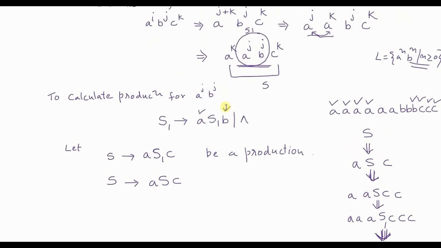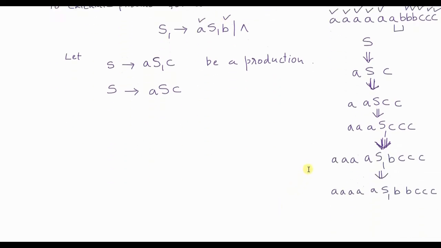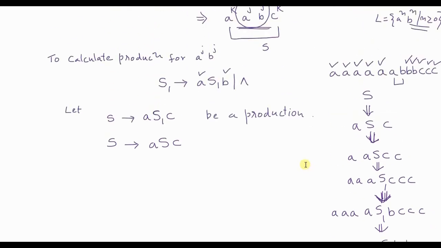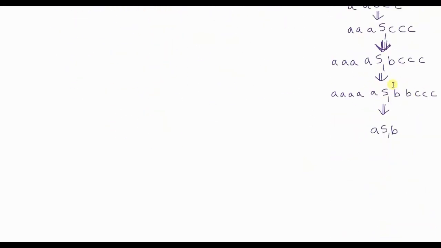So with this I have now matched this B with this A, and what is now remaining is only one last pair. So again this S1 I will replace with another AS1B. That AS1B will be for this last pair, and whatever other elements are there, I'm just going to write as it is. So before this I have 5 A's, 2 B's and 3 C's.